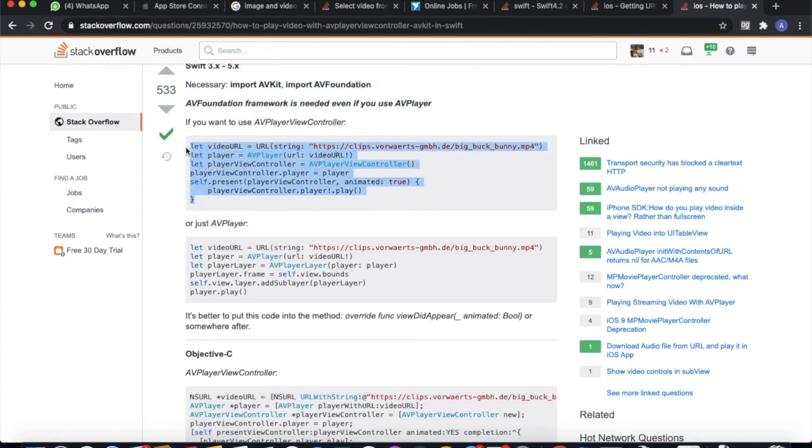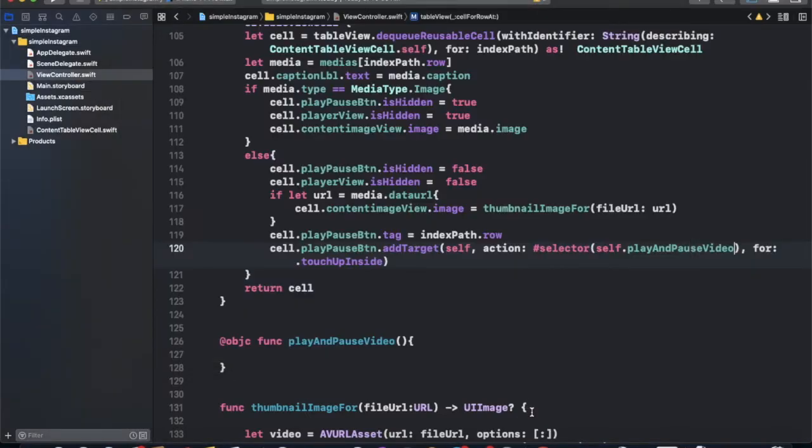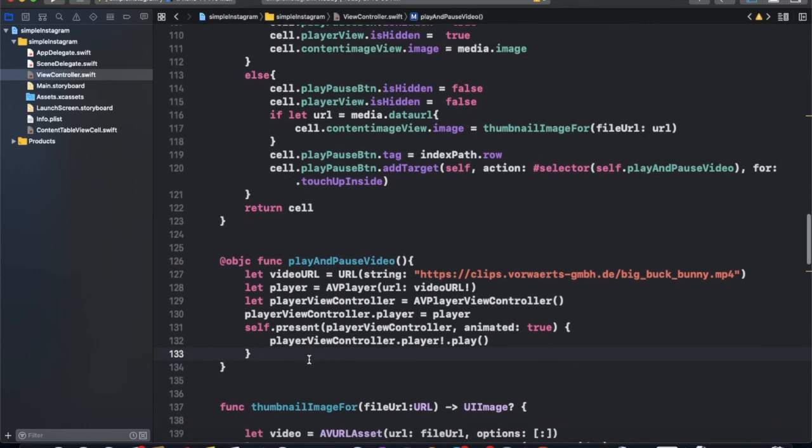Or now this one, we just copy this and paste this here. Use the play pause button.